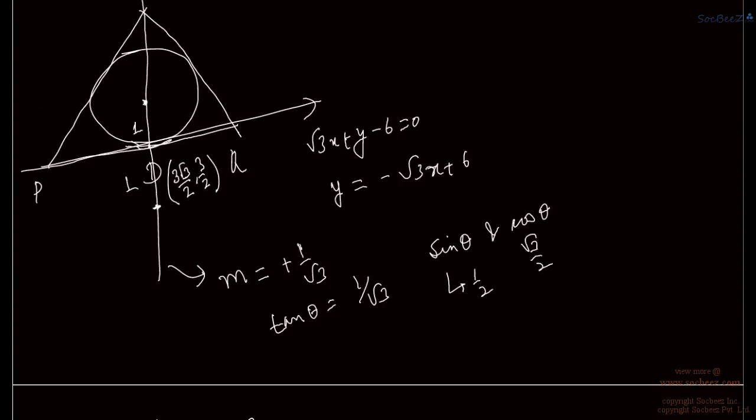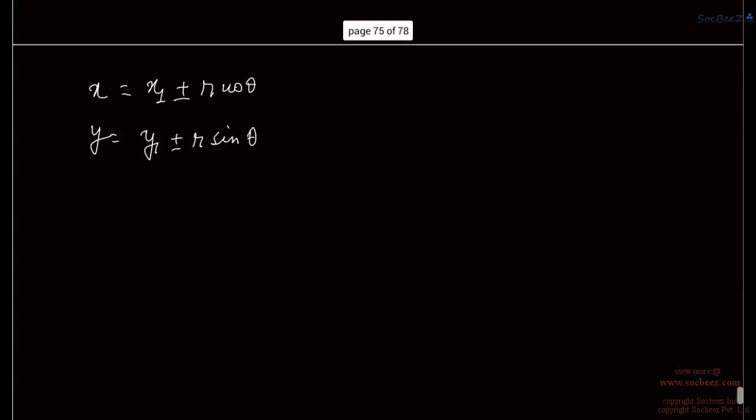That's why the data is given that the center is on the same side as the origin. So we have to see which of these points is on the same side of the line as the origin. Because the origin is supposedly on this side, we have to consider this point. So let us find both the points and check which point is on the same side as the origin. Now we will be finding the points.